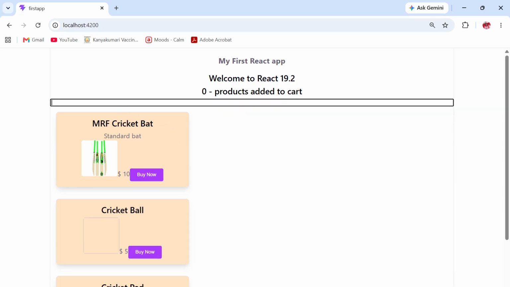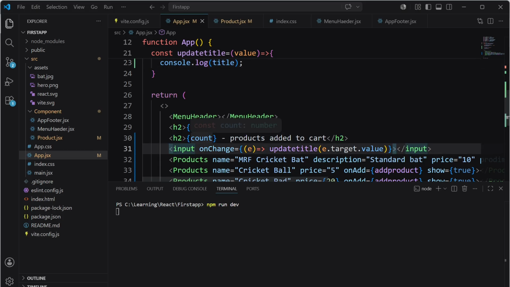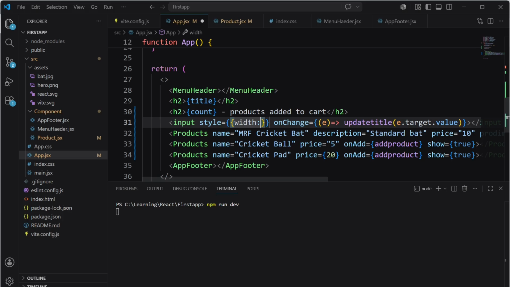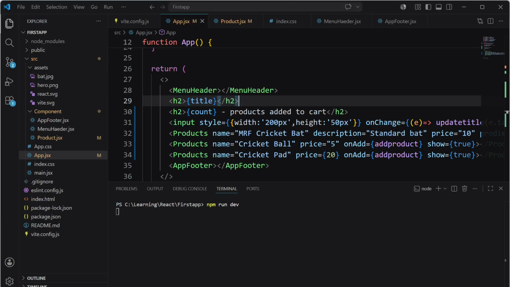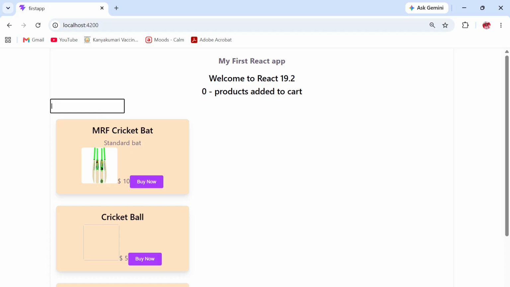Okay, we have a big text box. So let me add the style also. Width we can have 200 pixels. Similarly, height 50 pixels. Look at the UI. Okay, maybe 35 is also fine. Okay. So now if I'm trying to change the value,